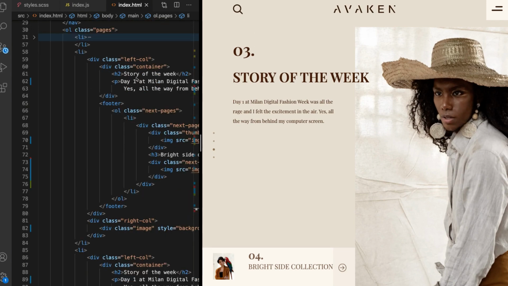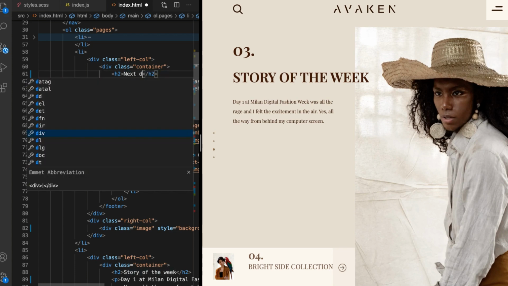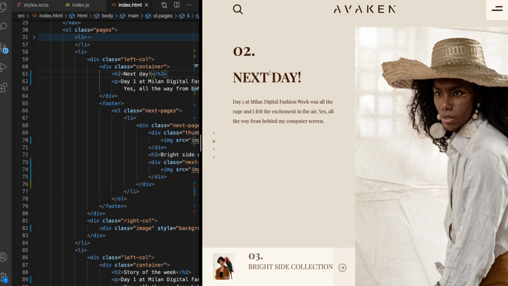But if I go up to the new markup that we've just added and maybe change some of the text in here, you can see that that's the next slide there. And of course you can go through it and customize all of this content on each individual slide. But the only thing is it's a bit difficult to know that the content's changed, and that's obviously because we're using the same images and the same text and things at the moment. The only thing that's changing really is the numbering,